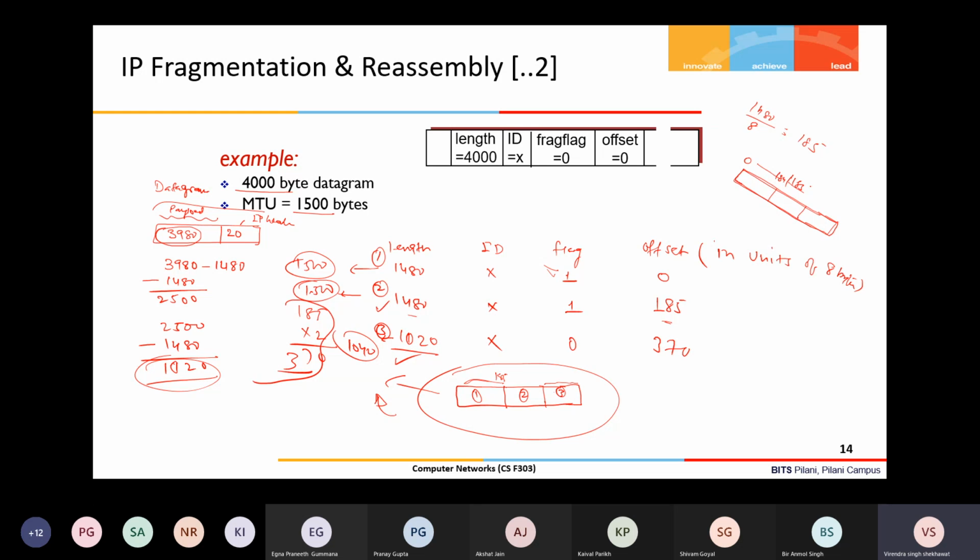Maybe not the last fragment; sometimes the first fragment, the one with the starting offset, is not sent.